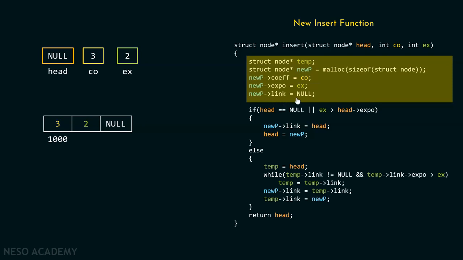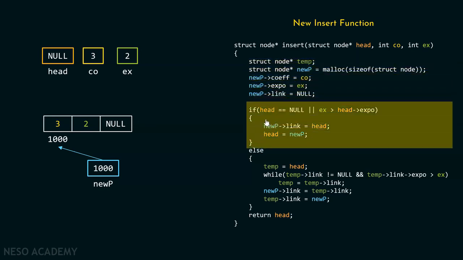You can see that new p link is null. Now this new p is actually pointing to this particular node, right? There must be some pointer which must point to the node. Otherwise there is no way we would be able to access this node, right? After this, this piece of code will get evaluated, which means we will check this condition: if head is equal to